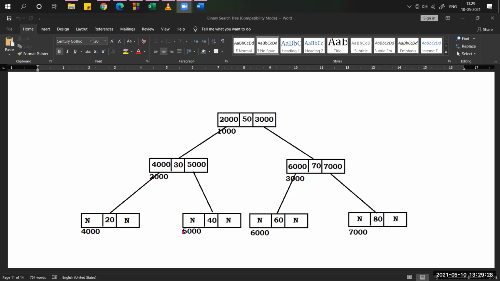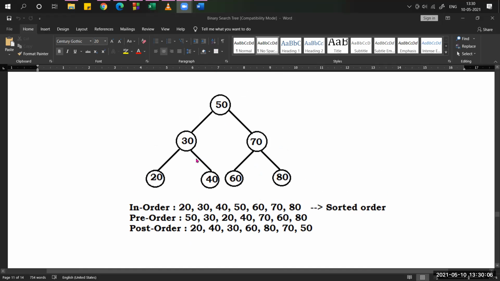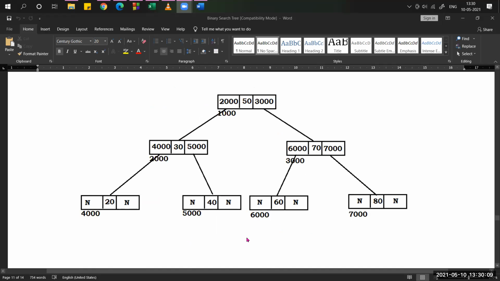But if you observe here, N is there. Why did we keep N here? Because this node is present at the last, and is also called a leaf node. Whenever we say a node is a leaf node, the left link and right link must both be equal to null only. Then only we can say the node is a leaf node. It means the node does not have a left child or a right child. This is the figure for the memory representation for this tree.